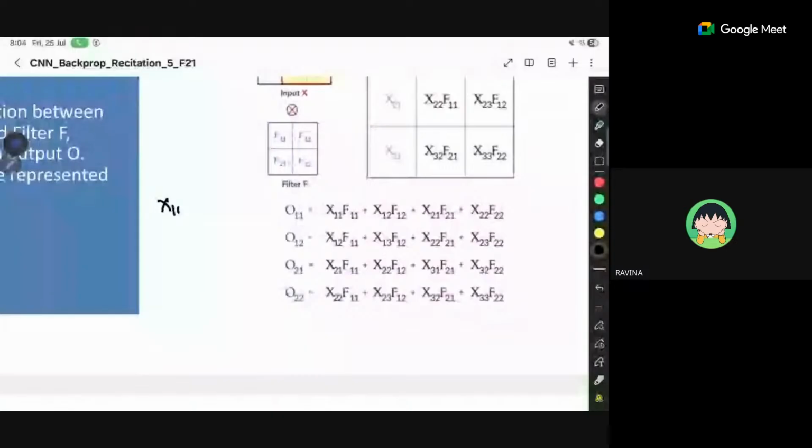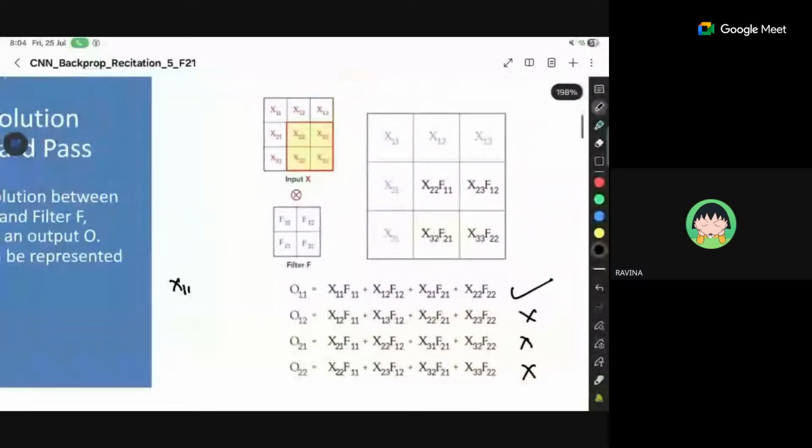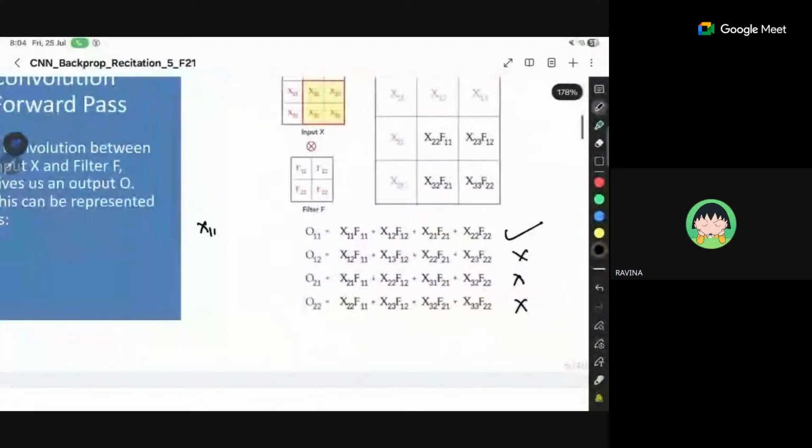No, right? So nothing, nowhere, anywhere else. Now, similarly, if I ask you about X12, where it has contributed, so X12 is here, right? X12 is here also. So that has contributed twice. So let's say if I do O11